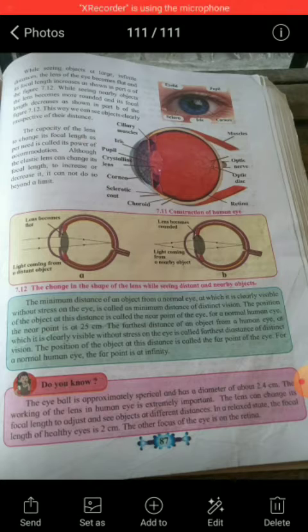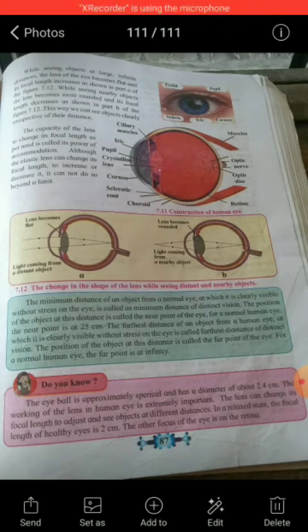Later the brain analyzes these signals and converts them in such a way that we perceive the objects as they actually are. That means after passing through the cornea, the light passes through the pupil and falls on the retina, where the light sensitive cells catch the signals and pass them to the brain through the optic nerve, and the brain converts these signals into information, so we can see the objects as they actually are.